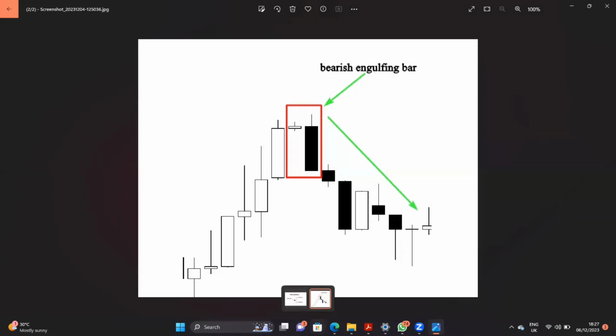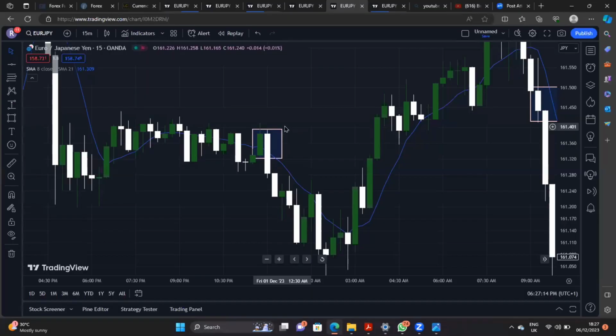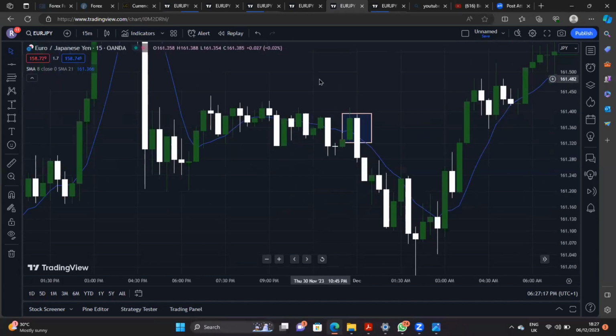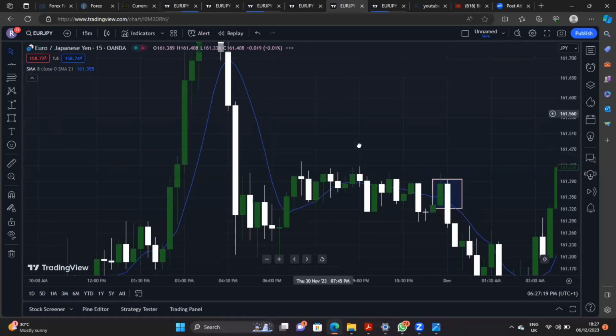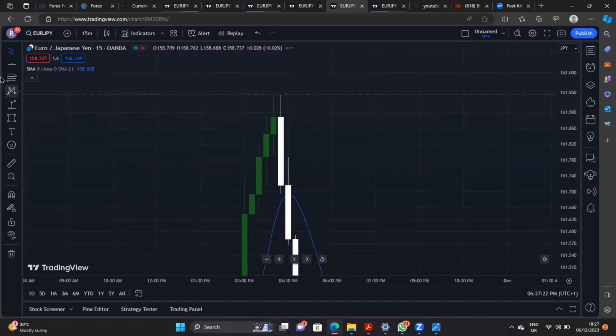But then let's look at multiple bearish engulfings on the chart. Now you want to make sure that the engulfing happens on a down